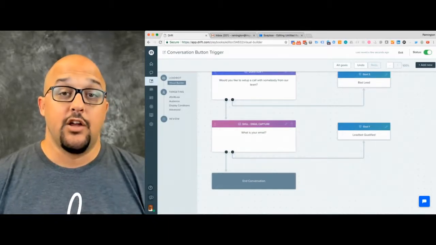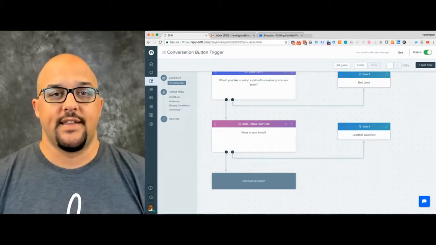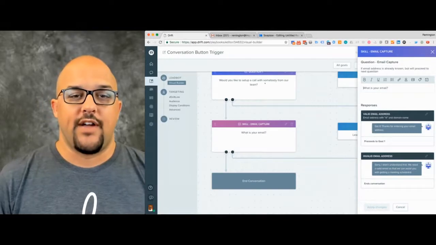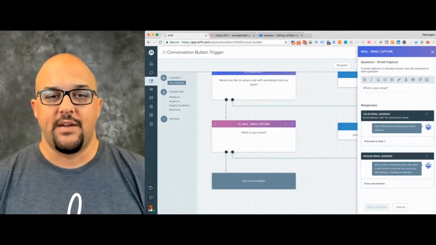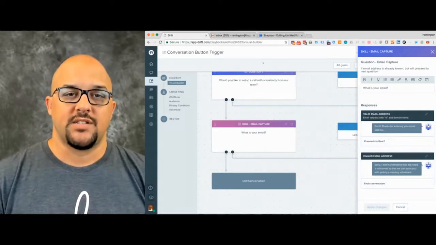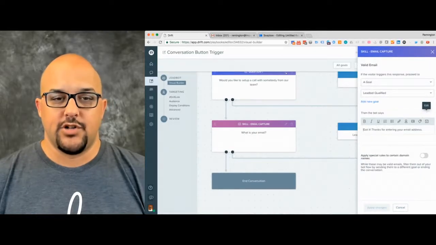So when we jump into a Drift playbook, you'll notice that I have an email capture skill that is already implemented. If you're collecting an email address, odds are you're likely using the email capture skill. If you click edit, you'll see the bar comes out and you've got two types of responses. You've got a valid email address response and you have an invalid email address response. So you can customize the question up here, but when we go into the valid email address response, you'll see